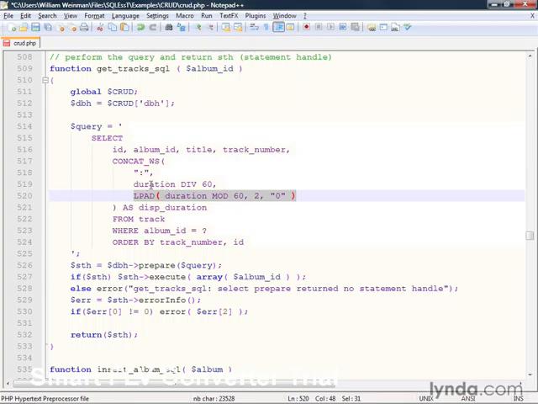So here we have the two arguments, our duration div 60. So the div operator, you'll remember, does an integer division, leaving a remainder. And then we use duration mod 60 with the mod operator that gets the remainder of the division. And this is what gives us the minutes